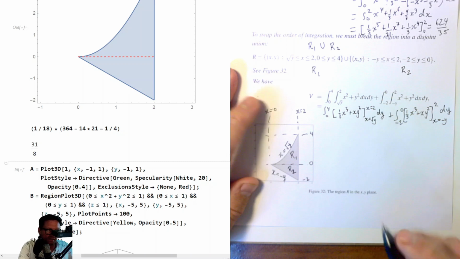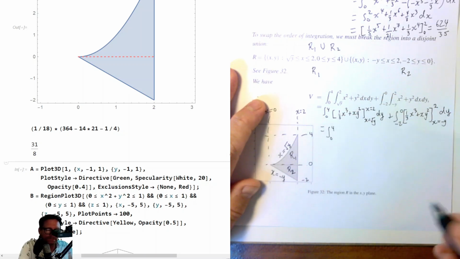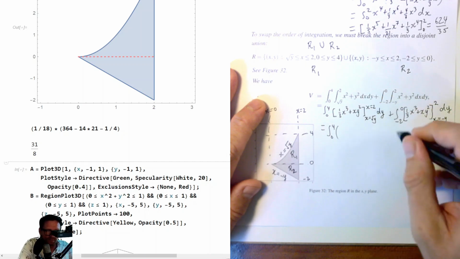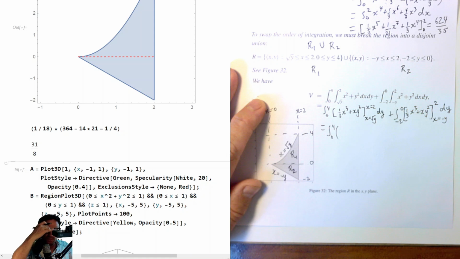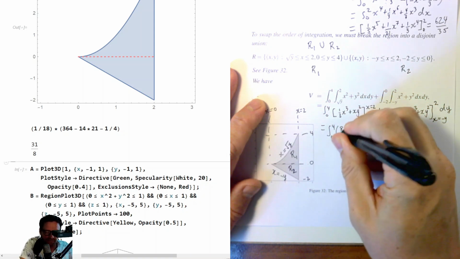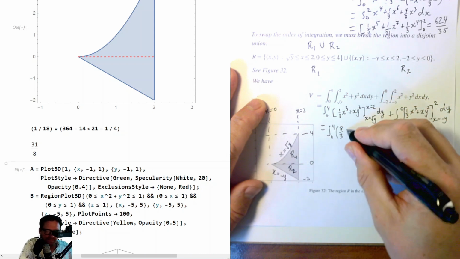Okay, so now we're making the replacements. We still have the integral from 0 to 4, but this little piece is going to be a little bit large. So 2 cubed is 8, so 8 over 3. 2 squared is 4, so plus